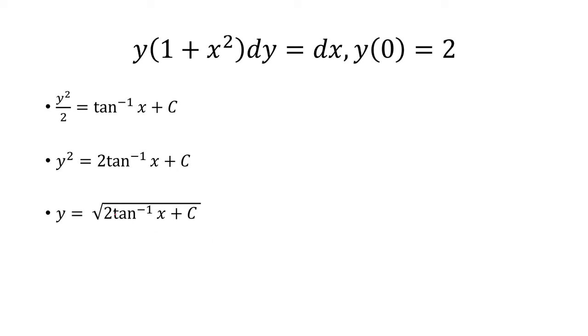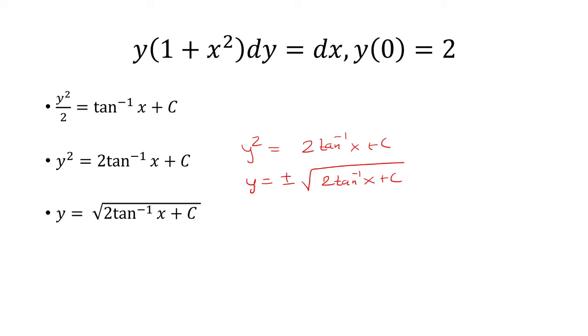Notice that I technically need a plus or minus because I have y squared equals something else, like 2 inverse tangent plus c. Take the square root of both sides. There should be two answers because this is y squared. But because we have the initial condition that when x is 0, y is 2, I get that y is